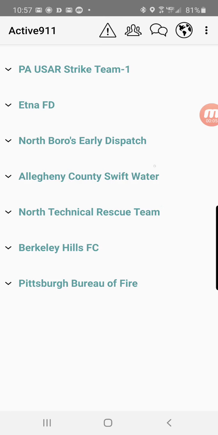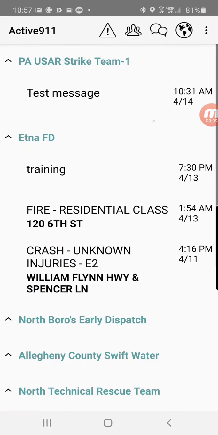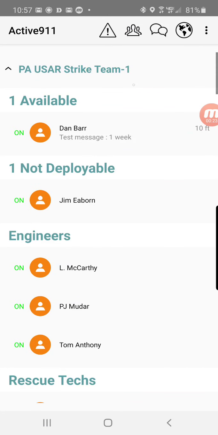It's actually the second video I'm trying here. I'm going to show you what you're used to, the alert screen, which is this triangle button up here, and then over here you'll see these people. If you hover on it, it says personnel. If I click on personnel and then go on to strike team, you'll see that I created two different